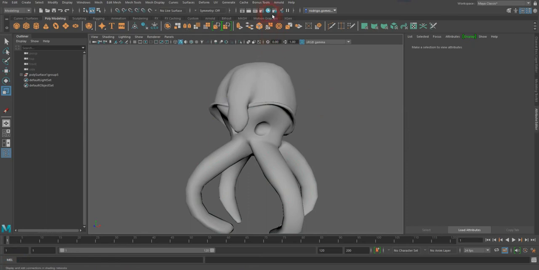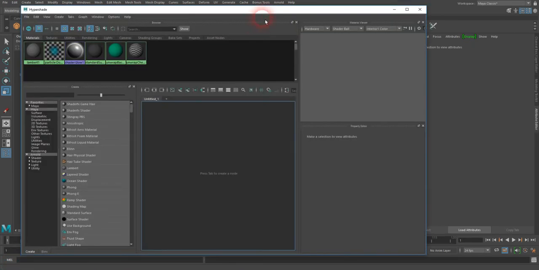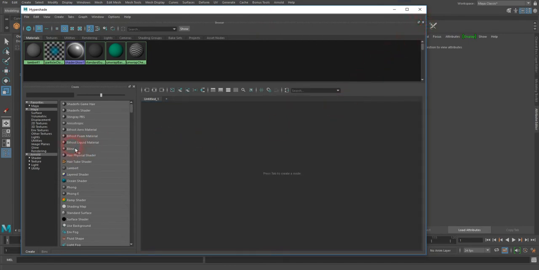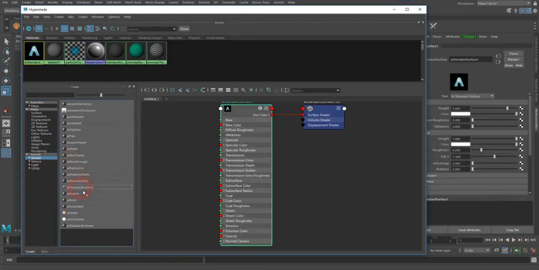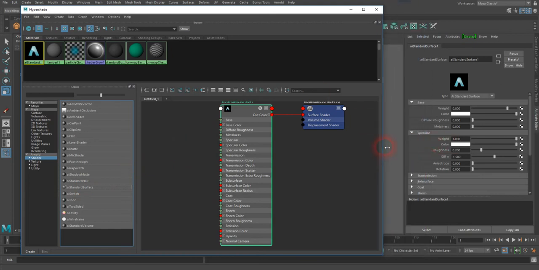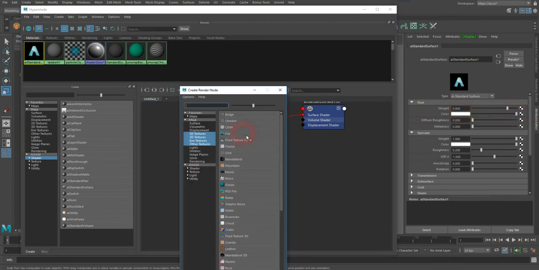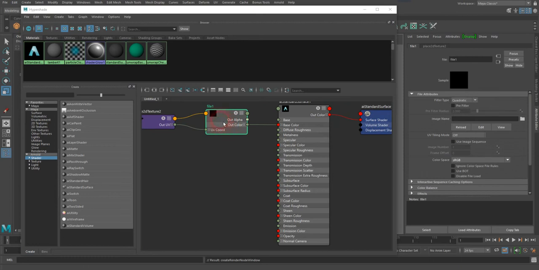With that, I'm going to call the Hypershade, and I'm going to use Arnold materials. We're going to be rendering this with Arnold, so it may be easier for me to work with Arnold materials. So I'm going to go under Arnold shaders, and I'm going to use the Arnold standard surface shader, which is one that allows you to work with multiple treatments. In this case, I'm going to keep it as it is by default, and under the base color, I'm going to connect a file,